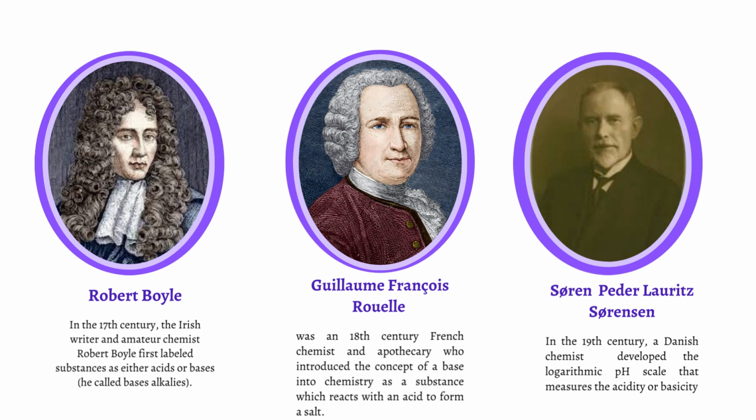Søren Sørensen, a 19th century Danish chemist, introduced the concept of pH. As I said in the beginning, it is a convenient way of expressing the acidity or basicity of a solution. While Sørensen was working as the chemical director of Carlsberg Laboratories, the operations affiliated with the Carlsberg Brewery, he developed the logarithmic pH scale that measures acidity or basicity to further the development of beer. Carlsberg notes that his pioneering research has had a profound effect on beer and science.